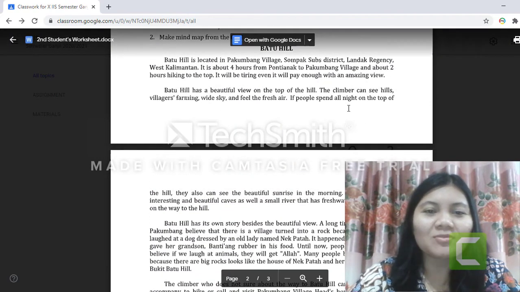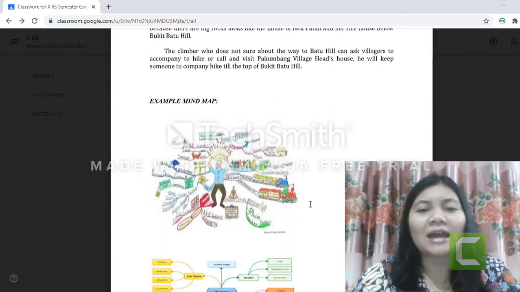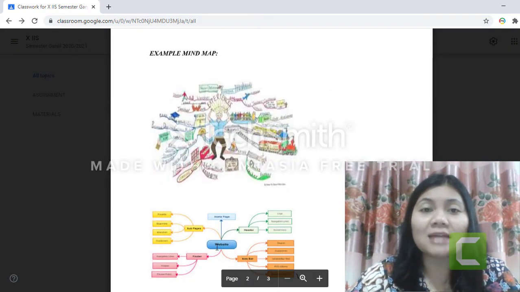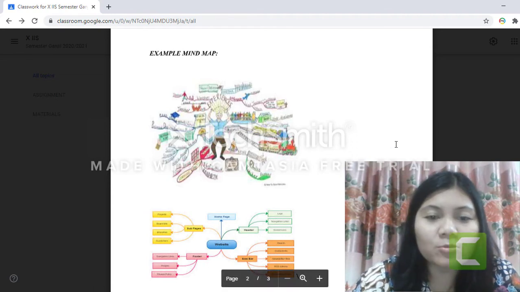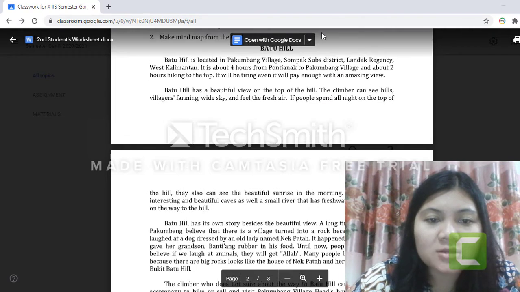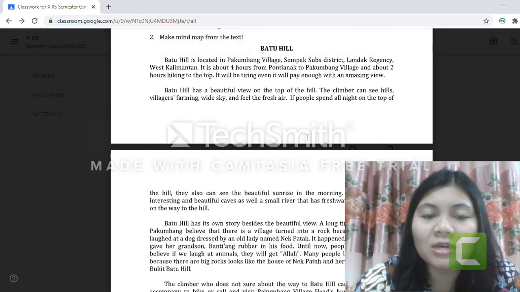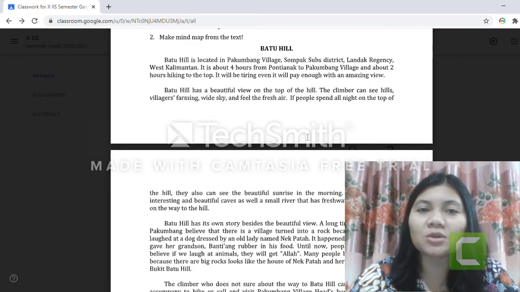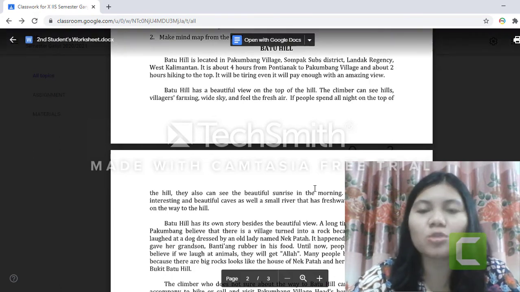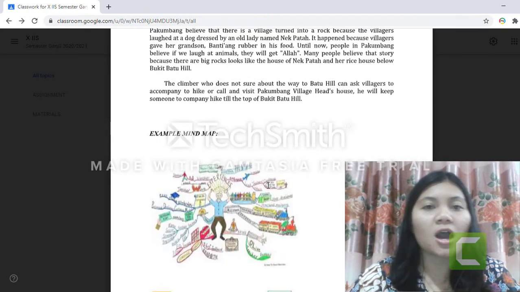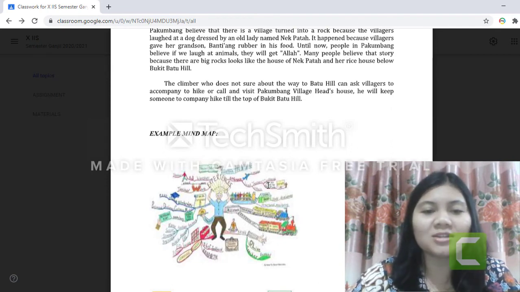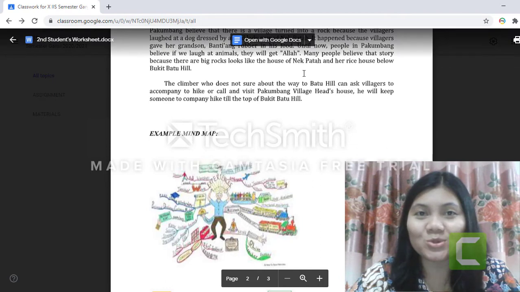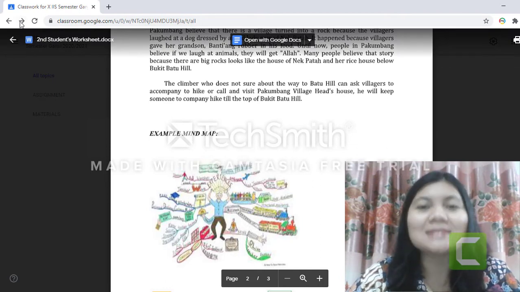Jadi apa sih yang akan dimasukkan di dalam mind map? Nah, di sini ada teks tentang Batu Hill. Kalian silahkan analisa teks ini dan buat ke dalam bentuk mind map seperti ini. Misalnya contoh di sini kan ada website nih ya. Ini terdiri dari misalnya headernya apa, subpage-nya apa, footernya apa, lalu kemudian ada lagi bagian-bagiannya. Nah, jadi yang seperti itu dibuat seperti itu nanti. Batu Hill-nya misalnya, kalau kita sudah pelajari about generic structures-nya, about purpose-nya, about lexicogrammatical-nya maybe. Nah, jadi silakan buat. And don't forget to submit it also in your Google Classroom or in WhatsApp group.